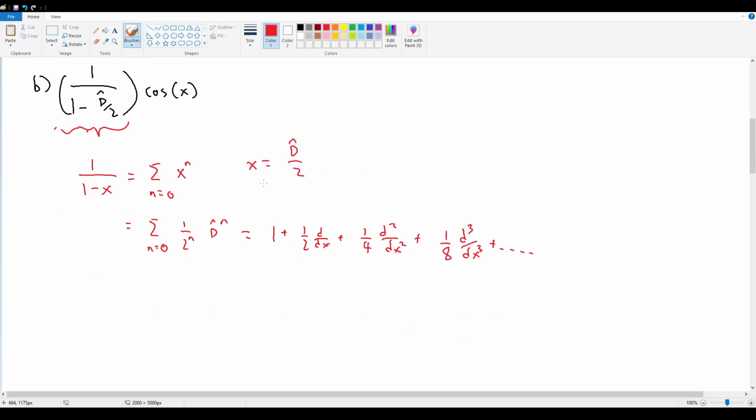If I'm applying that onto cosine of x, so if this entire thing is being applied to cosine of x, this will give me something like cosine of x minus 1/2 sine of x, minus 1/4 cosine x plus 1/8 sine x,